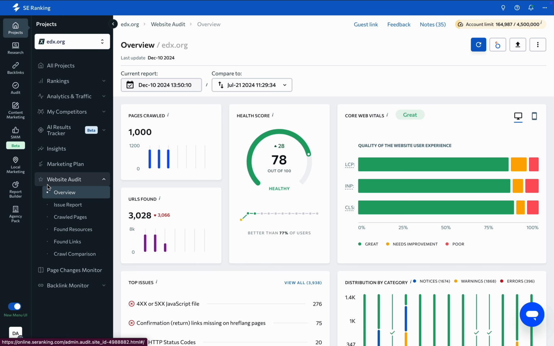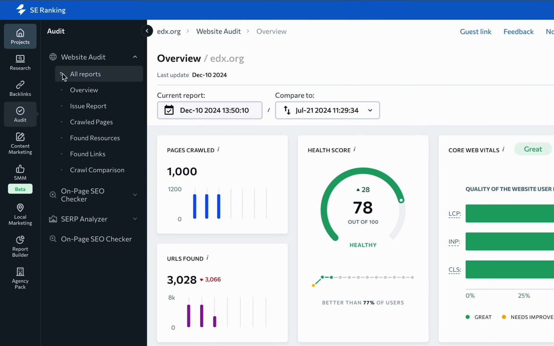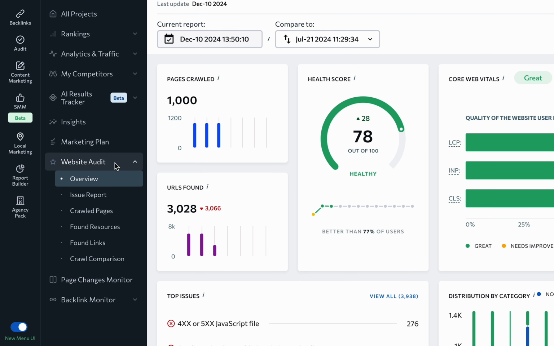To find out how well a site is technically optimized, identify its major issues and areas for improvement, leverage SEO Ranking's website audit tool. By the way, besides auditing your added projects, you can analyze any site's technical setup through the standalone version of the tool. Now, the website audit tool consists of several sections, namely the Overview tab, which we will analyze in detail in